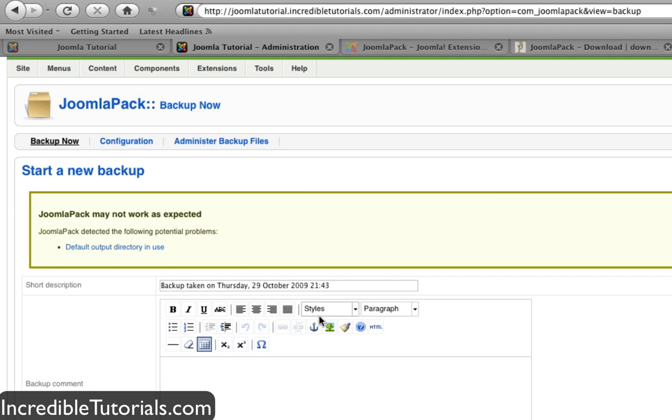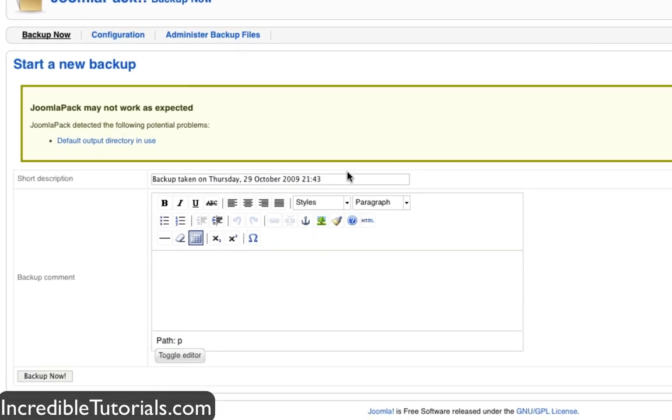So once you have gone ahead and done all that, you can go ahead now and back up your site. And you can go ahead and write a short description or a comment for your backup. Let's say you're backing up for a specific reason or whatever, or if you have multiple website users who are on the back end, you might want to make notes so they know what's going on. But anyway, once you have that figured out, you go ahead and back up now,